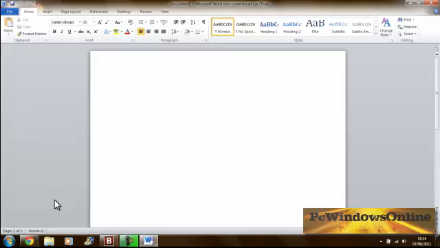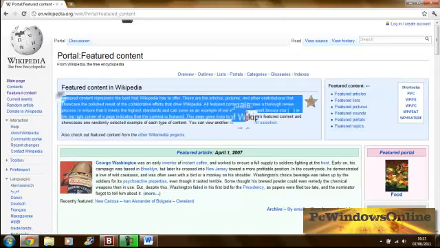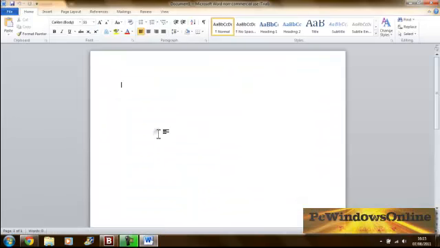Since I know Word has been around, I usually use Word 2003, but the new features in 2010 are actually quite good, that I'll actually use Office 2010 rather than 2003. So if you just type something in, I'll just paste something off the internet because it'll take me ages if I start typing stuff. So if I go on to Wikipedia again, so copy, paste,